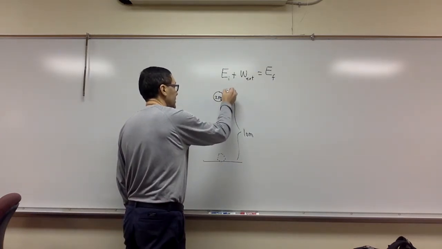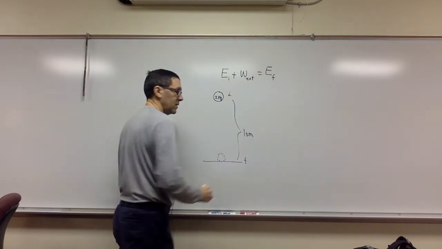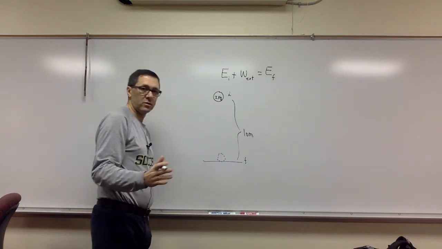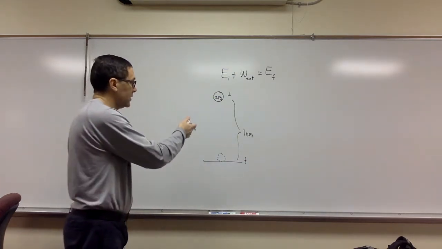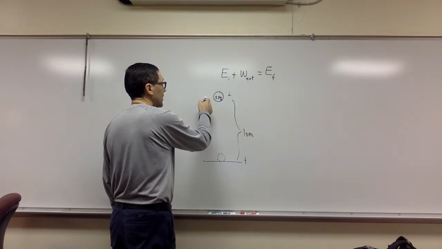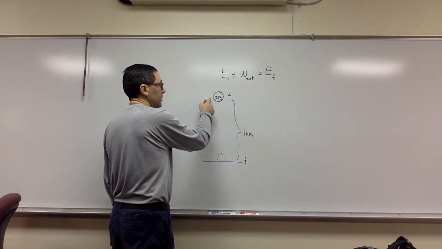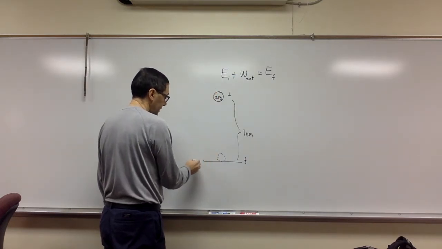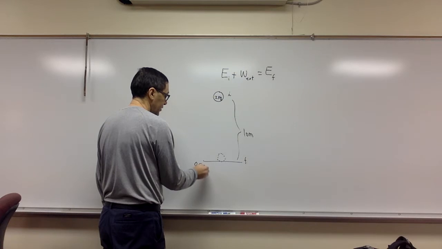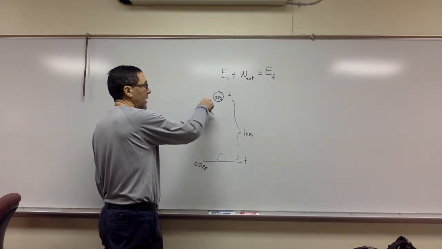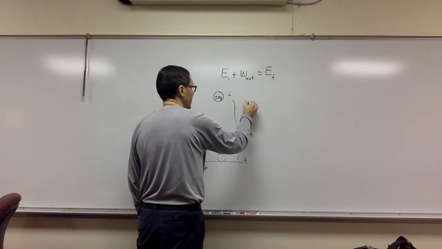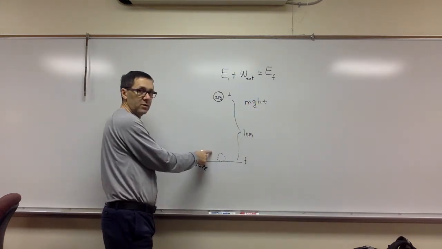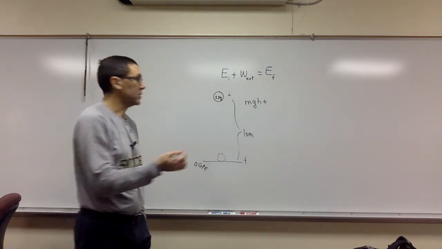I'm going to think of this position here as my initial position, and this is my final position. And I'm going to say that in between them, there is no friction. So for now, we start with no friction, and I'll just add friction to that. Well, I'm going to look at what kind of energy I have up here. If I start this from rest, and if I use this as 0 for gravitational potential energy as the reference, all I have here is gravitational potential energy. So I have mgh plus, well, if there is no friction here, there are no external forces doing any work. So plus nothing